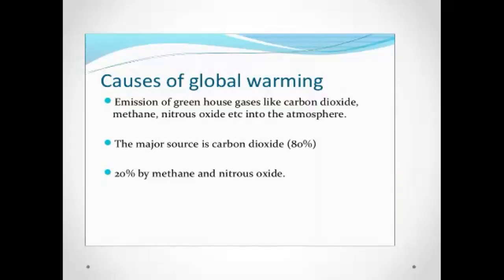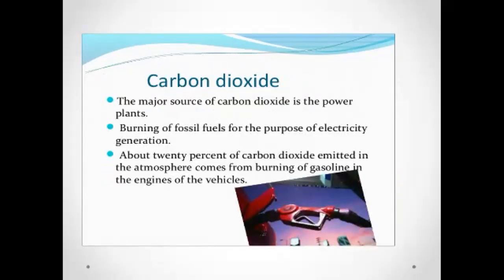Causes of global warming. Emission of greenhouse gases like carbon dioxide, methane, nitrous oxide, etc. into the atmosphere. The major source is carbon dioxide, 80%, 20% by methane and nitrous oxide. The major source of carbon dioxide is the power plant burning of fossil fuels for the purpose of electricity generation. About 20% of carbon dioxide emitted in the atmosphere comes from burning of gasoline in the engine of